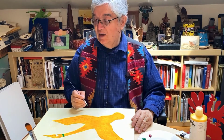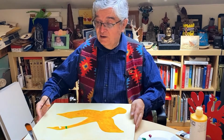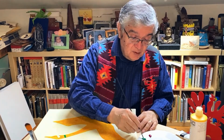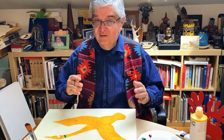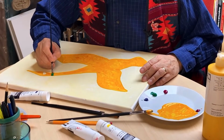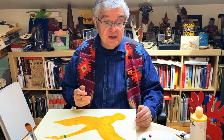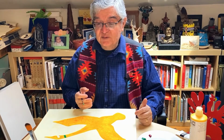Well, green's an interesting color because in the 1800s, over 100 years ago, people considered green as a primary color. They hadn't developed the color theory of red, yellow, blue yet. But it was a color that people liked. Blue is an interesting color because blue was very expensive at one time